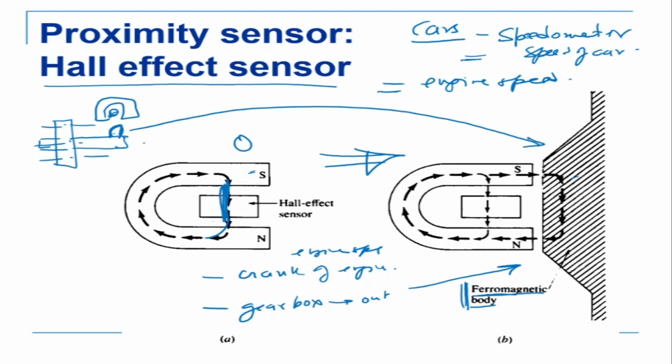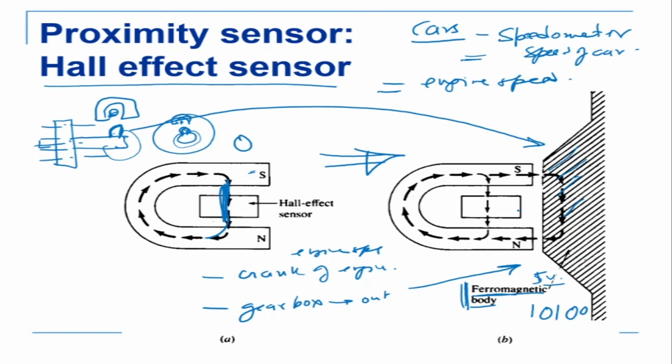So when this is rotating, if I take the side view, this is my side view, right? And this is my gearbox gear. Every one rotation will go through and it will count one rotation. This projection is coming in front of this once, and you get a voltage of some volts, maybe 5 volts. So it gives a signal of 1, then it becomes 0, then 1, 0, 1, 0. This is how fast it is rotating, and the output is basically indicating the speed of the car.